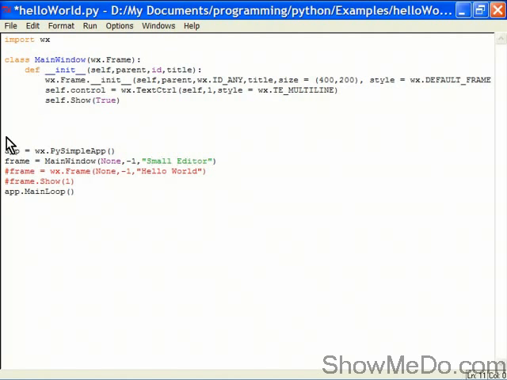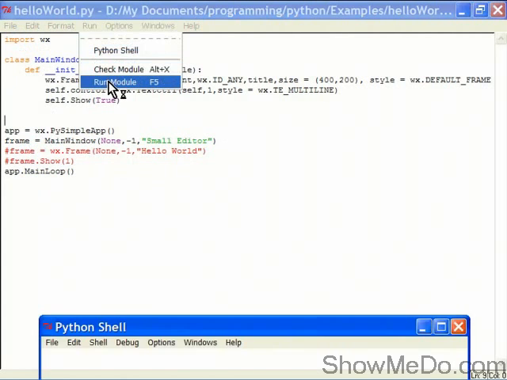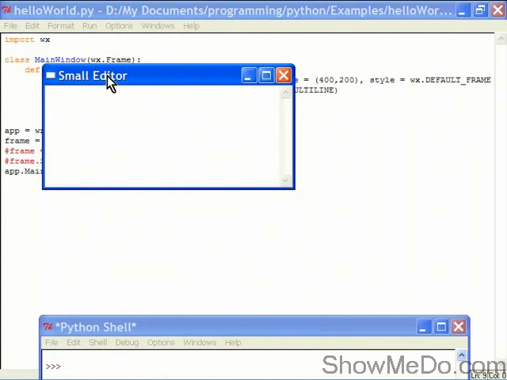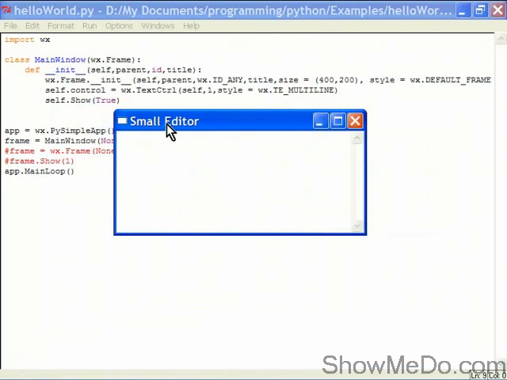So, errors aside, we'll save that, and we should be able to just run that module. Aha! So here we have a small editor. This is a text area, as you can see. So we can write on it. Oops, caps lock. We can write